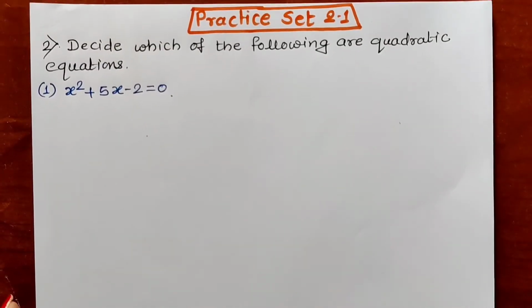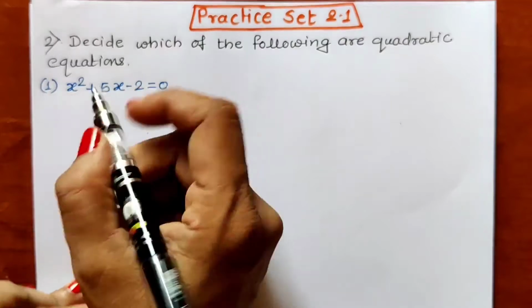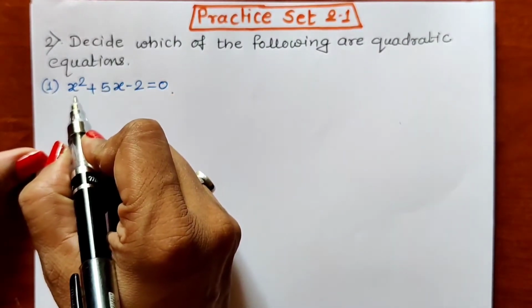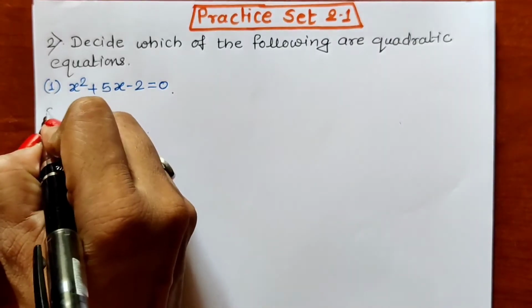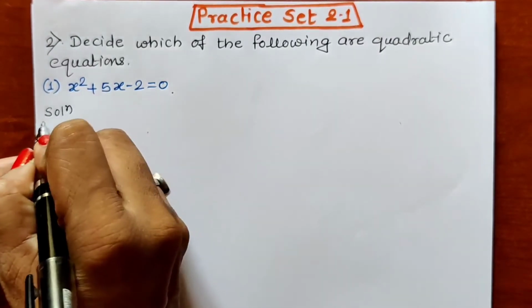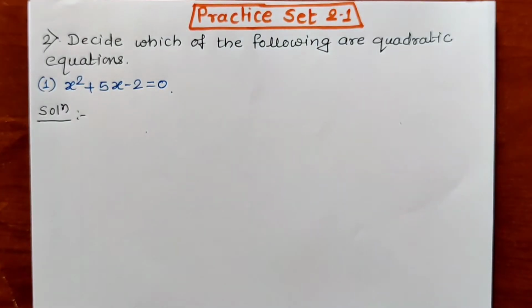I have written the question as it is on my page, and as we all can see, this is in the general form ax square plus bx plus c. So how to write the solution? The solution we have seen in the activity from the textbook. In that way only we will have to write the solution. Always follow the textbook method, so you will not have any confusion and you will get the proper marks in your exam also.